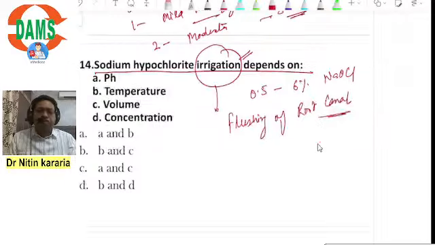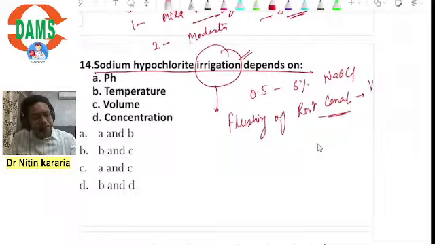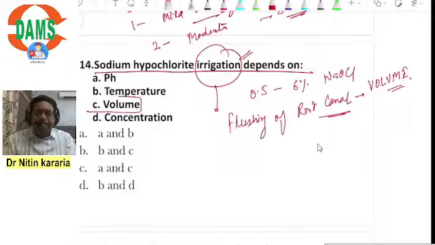We do flushing of the root canal. Flushing of the root canal means we have to use a copious volume of the solution to flush out the root canal effectively. So one definite thing would be volume, option C. Looking at the other options, pH